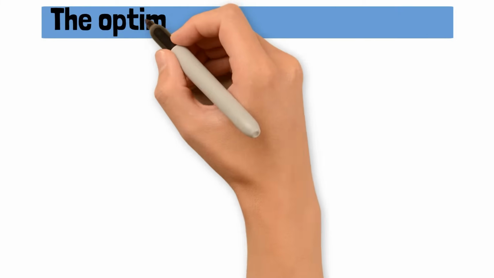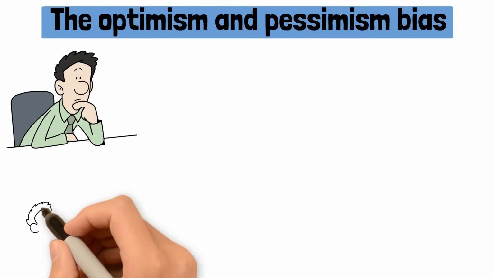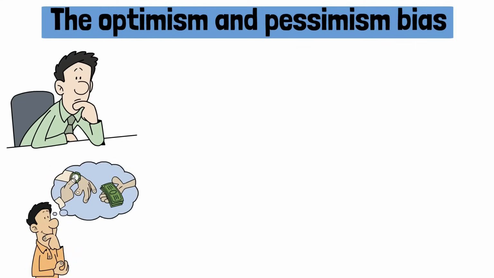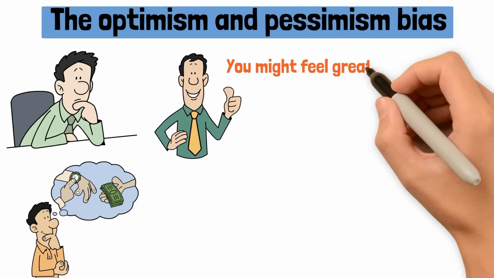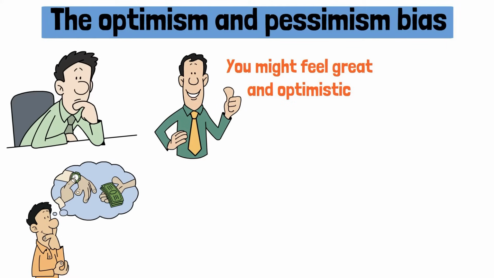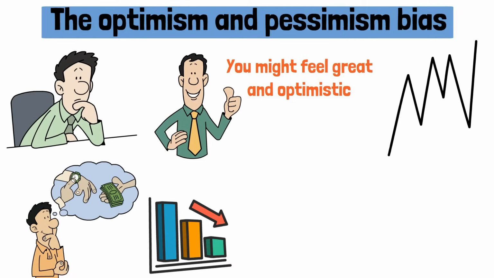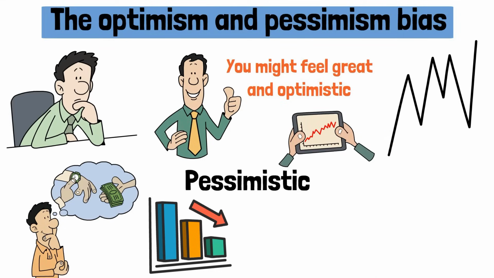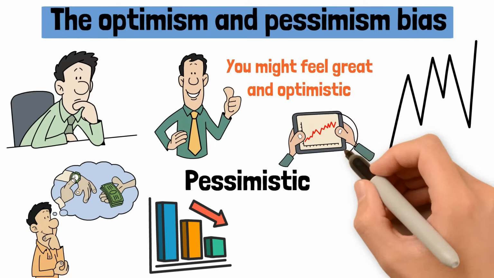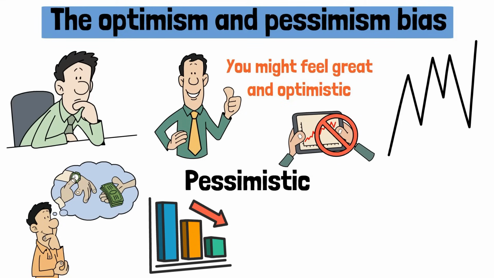The first one is the optimism and pessimism bias. It's the failure to think long-term and instead let short-term noise overrule rational judgment. For example, if you've done well, you might feel great and optimistic. As a result, you increase the position size. Opposite, if you've performed poorly, you're pessimistic and reduce the position size. This roller coaster influences your trading. Being pessimistic can even make you stop trading or tinkering with your systems at the exact wrong time.